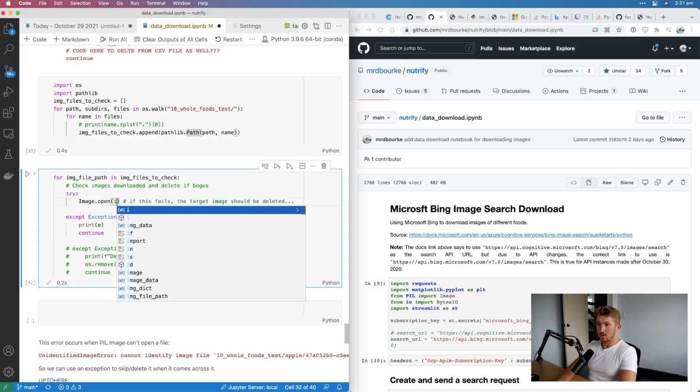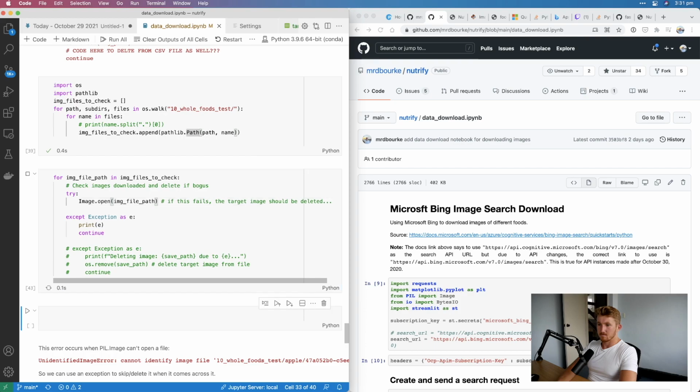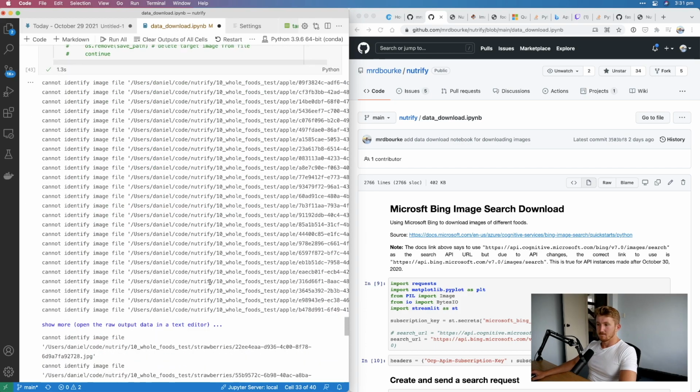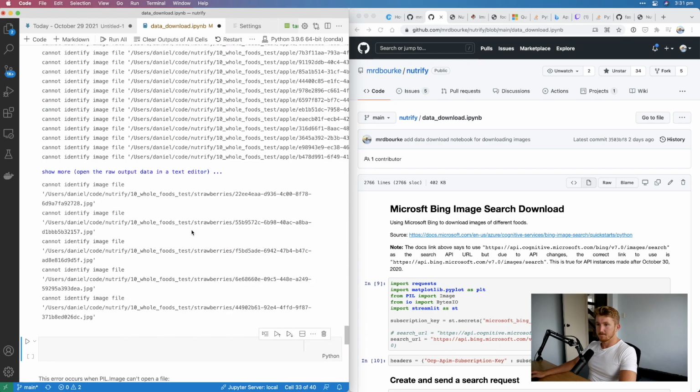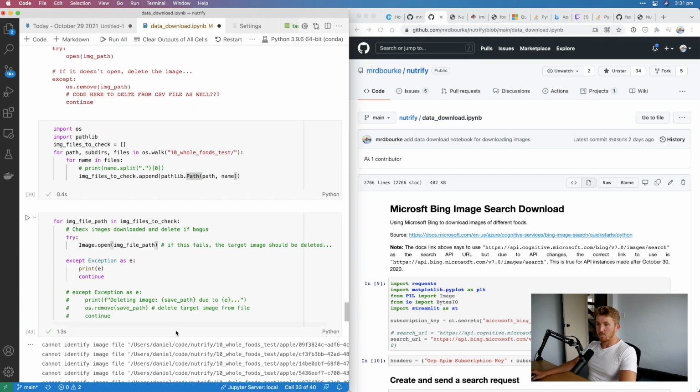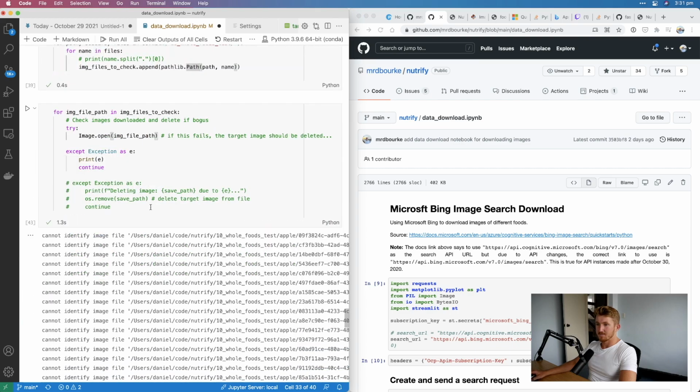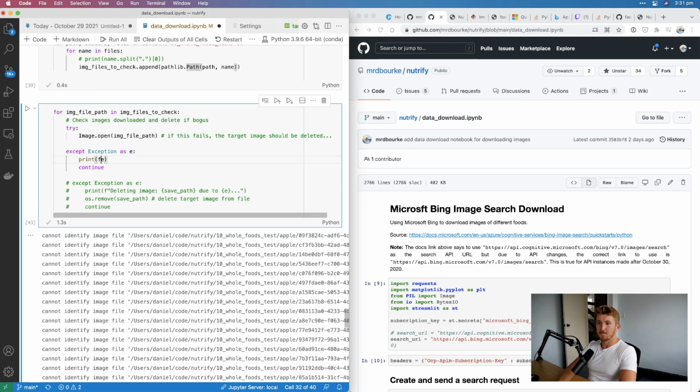There we go. So we have some images that are broken. Now we want to print